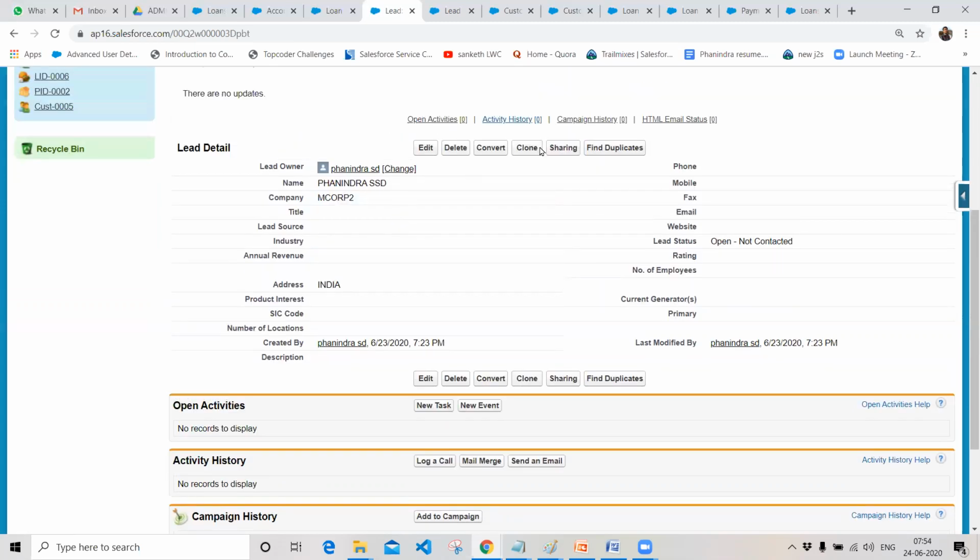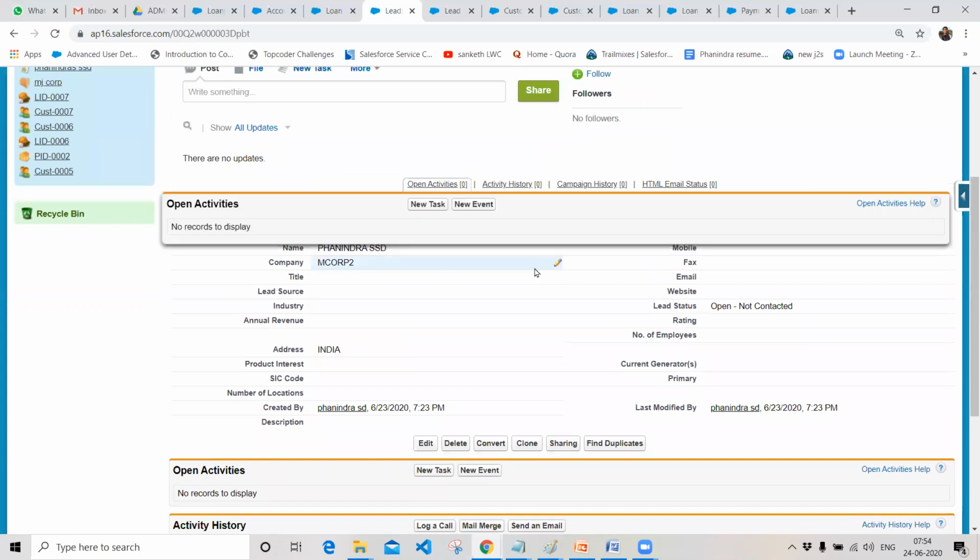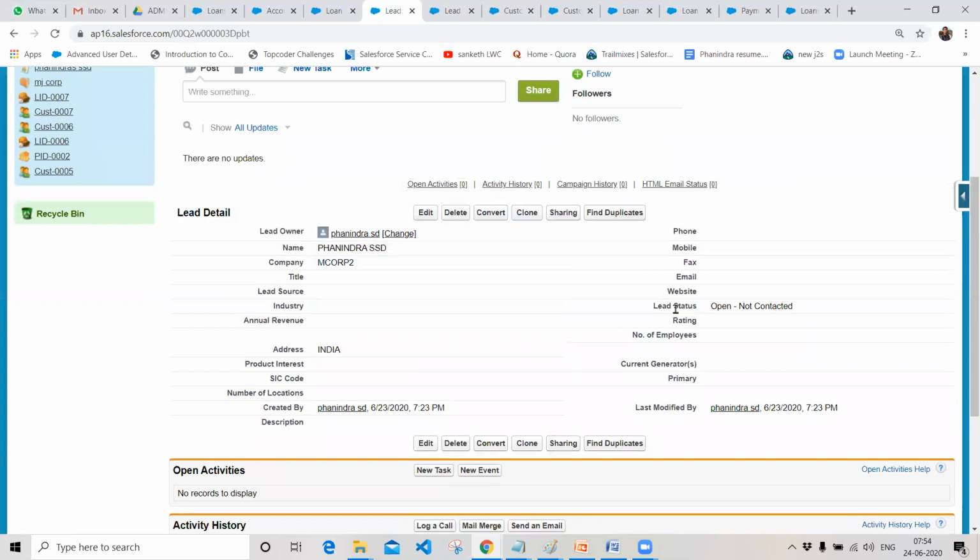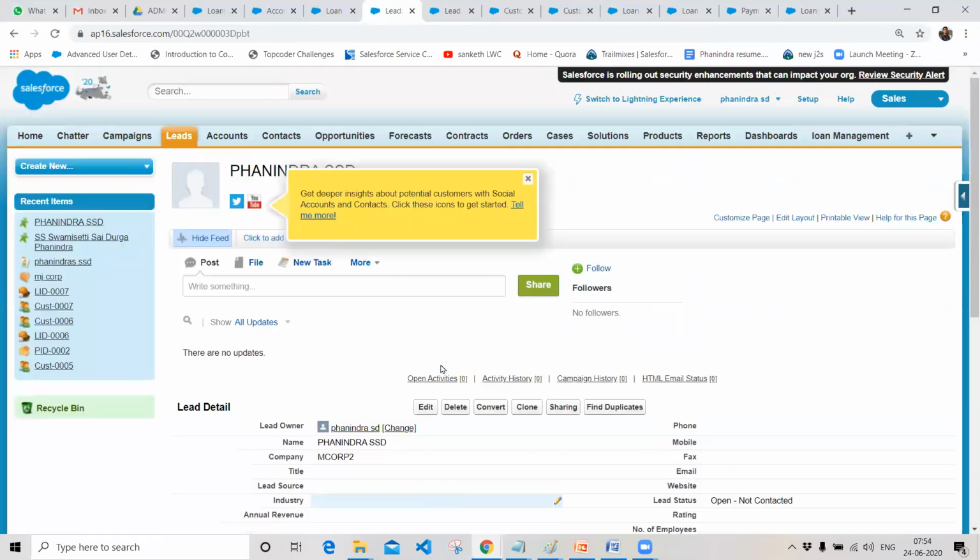Since it is throwing an error message at the top and on the field, it is restricting the data from being saved to the database. So the user should give the particular values according to that error message, and if we click on save, then only the record will be saved to the database. So this is how validation rules work in the organization.